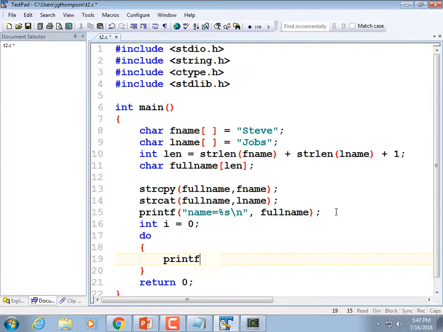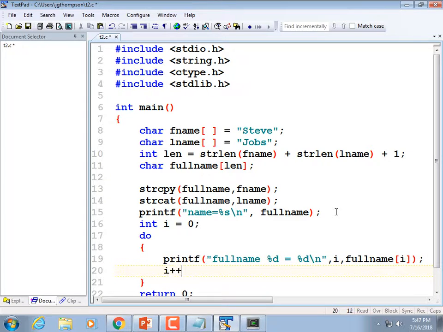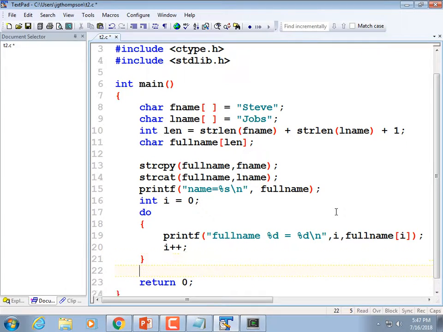So let's printf full name %d equals %d \n end quote comma I comma full name subscript I, and then I++, and after our closing brace we're going to keep going while full name subscript I is not equal to 0